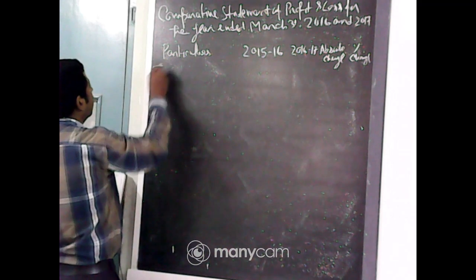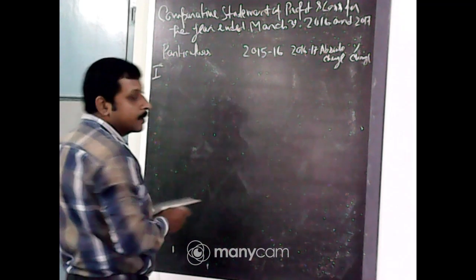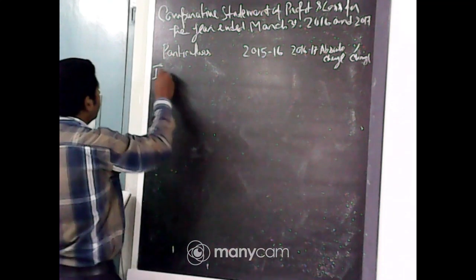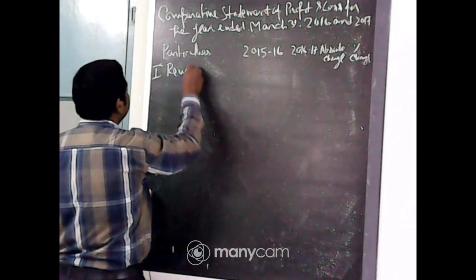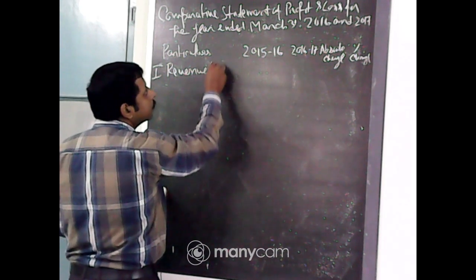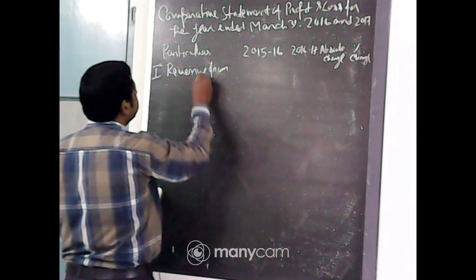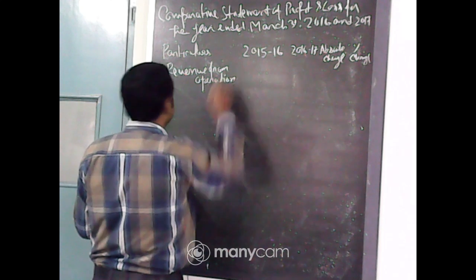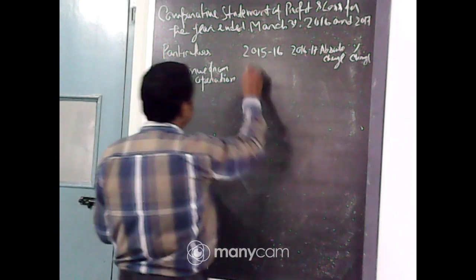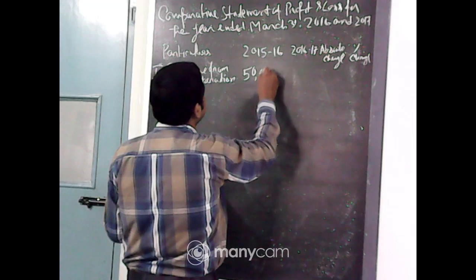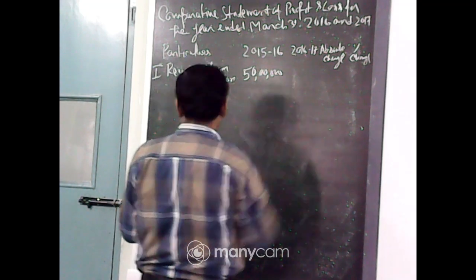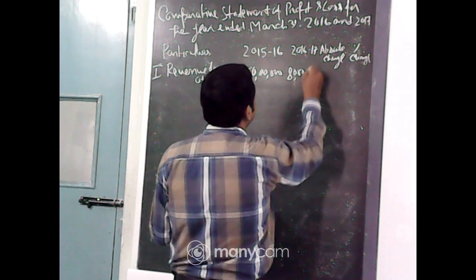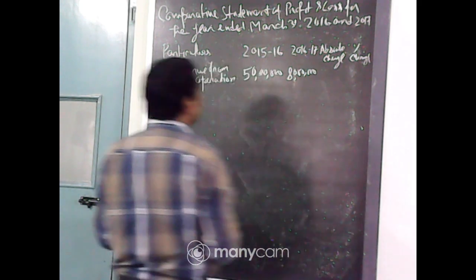Now number 1, you have to do it according to the format given by the Companies Act 2013. So number 1 is revenue from operation. In 2015-16 there is 50 lakh already given, you just post it, and 80 lakh in the current year, you just write it. Now you find the absolute change.